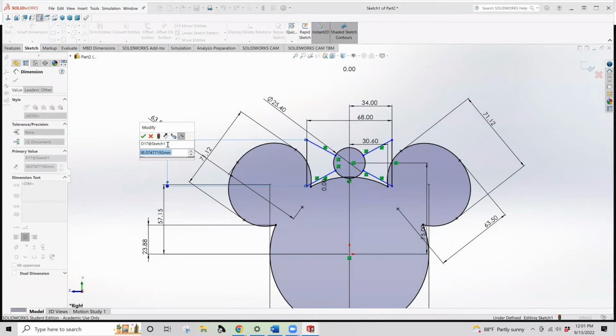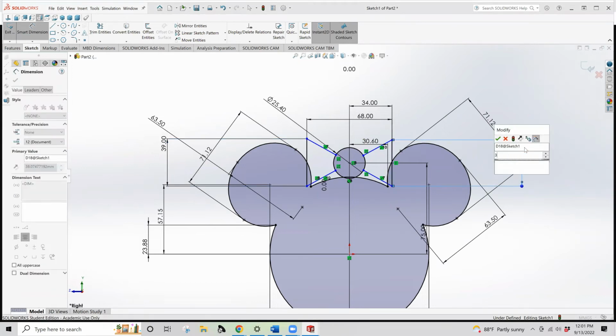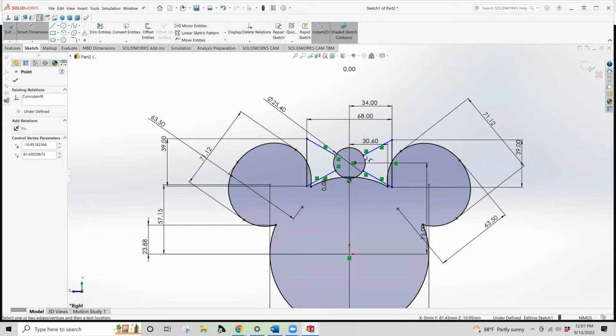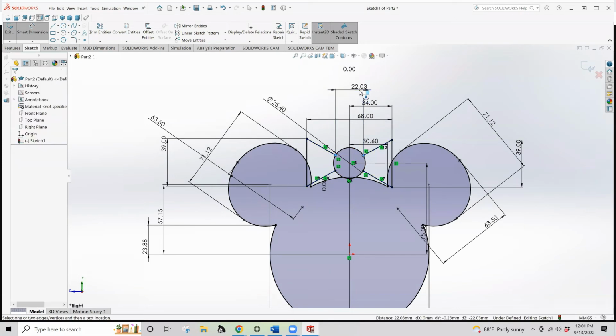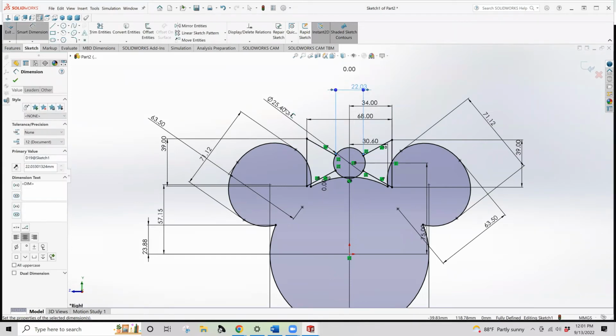So if this is 39 and this is 39, we get a couple more key points. So we've got the distance between these 2 points. And now we want to get the distance between these 2 points. So think for a second about why that's different than specifying